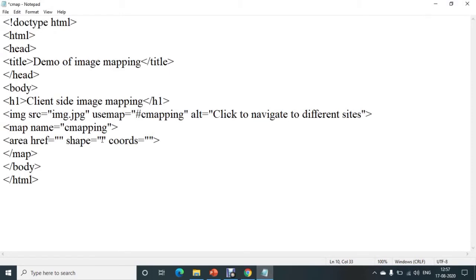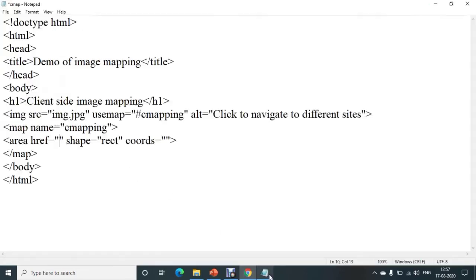Now let us see the output of this first. Suppose you have to provide a hyperlink to this particular Yahoo logo. So you can specify any area for this. Let us use a rectangle for this. To specify that the shape used is a rectangle, within the area tag we have to specify that it is rect type, that is rectangle type. Then after clicking on that particular Yahoo symbol, you have to navigate towards the Yahoo site.